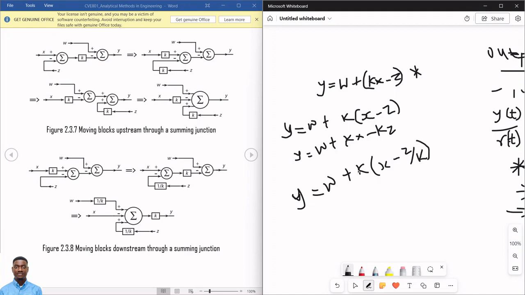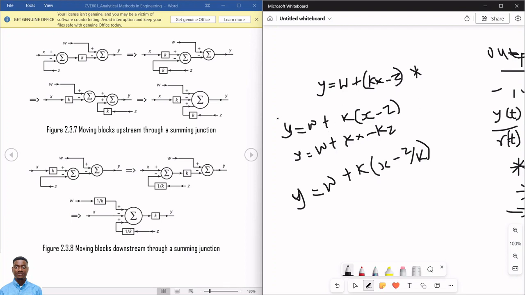So that when I multiply this, that will be k, x, and k will cancel k, that will be z, which will return this model for me. So that means on the signal line of z, I must have 1 over k there. So that's why when I move this k over this block, I must put 1 over k here to ensure that I have z over k coming to this terminal. So that will be x minus z over k to get to this point. Now it runs into this k and comes out here. So that is what I have, k into x minus z over k here, plus w to give me y. That's the only way this and this are now equal.